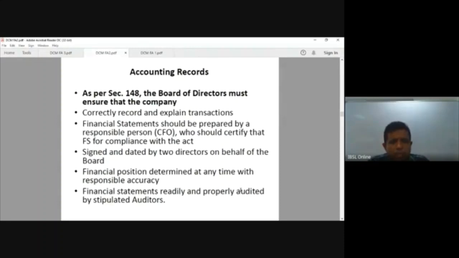Then financial position means the balance sheet determined at any time with reasonable accuracy, right? At any time you can determine the accuracy, whether it is okay or not. And the last point, financial statements readily and properly audited by stipulated auditors, right? Normally